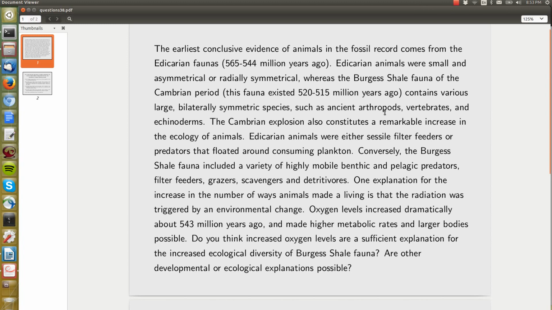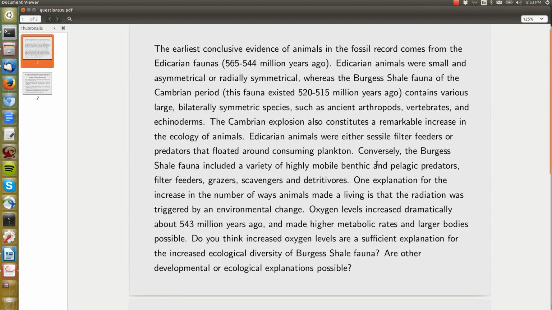The Ediacaran animals were small, asymmetrical, or radially symmetrical, whereas by the Burgess Shale fauna, by the Cambrian, we have bilaterally symmetrical species. Again, ancestors of all modern phyla, including arthropods, vertebrates, echinoderms. As I mentioned, the Cambrian explosion not only constitutes a remarkable increase in the diversity of morphological forms, but of